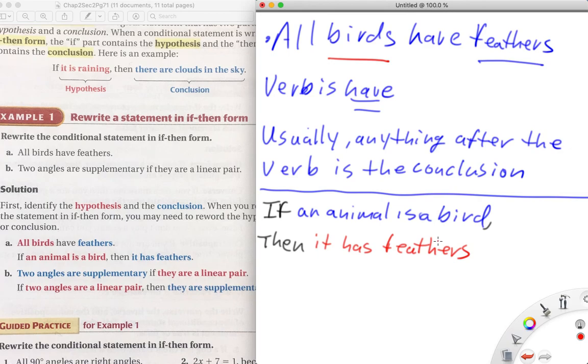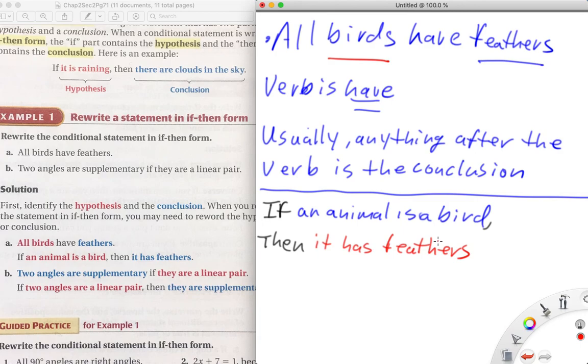Usually anything after the verb tends to be the conclusion, and if you want to break it down into subject and predicate, usually the subject is your hypothesis and the predicate is your conclusion. Okay,